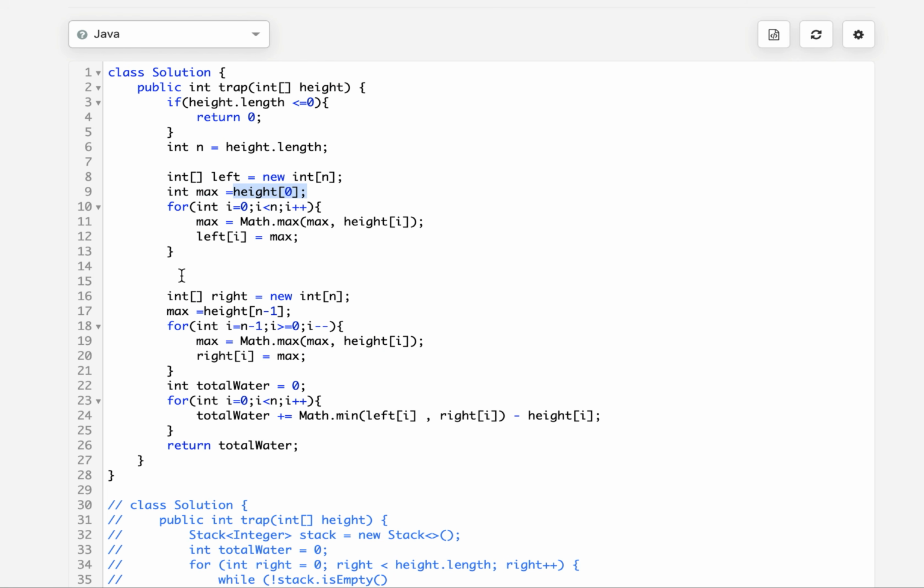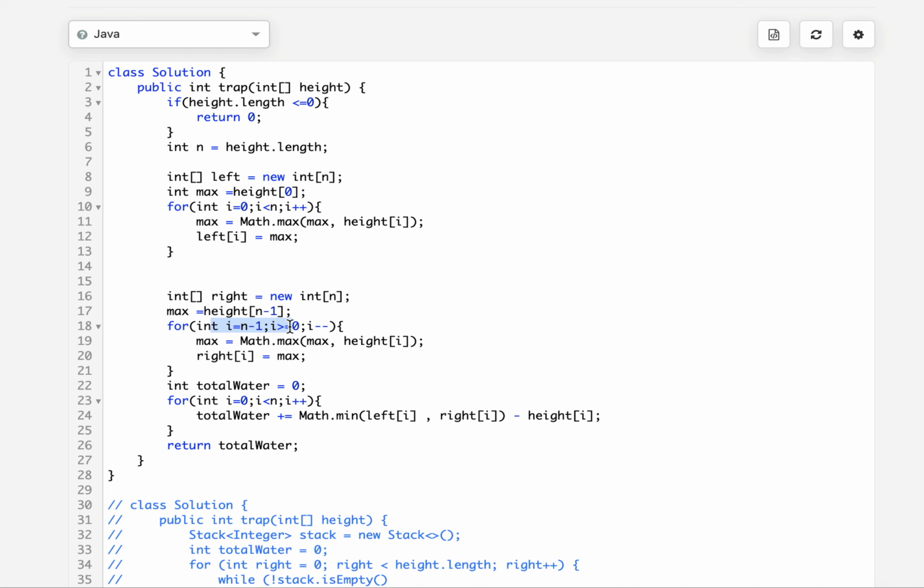As I start the iteration, with every iteration I compute the maximum element that I have visited so far, and I assign it to my leftmost array at the ith place. Similar kind of thing I'll do for the rightmost array as well. I have defined a rightmost array of size n, and the n minus 1 index is initialized to the height at n minus 1, since we are moving in the reverse direction from right to left.